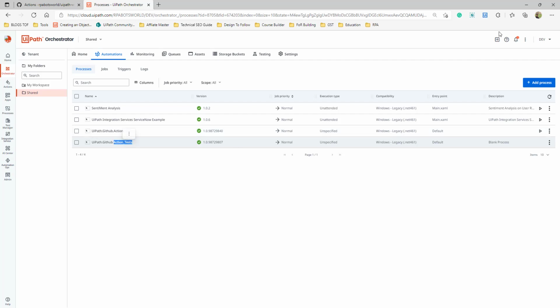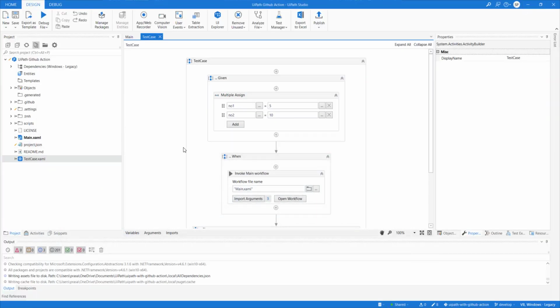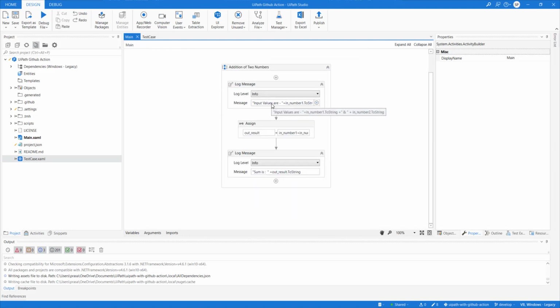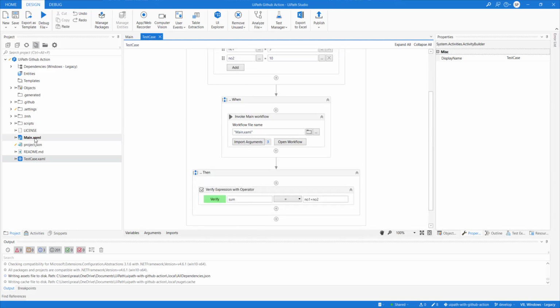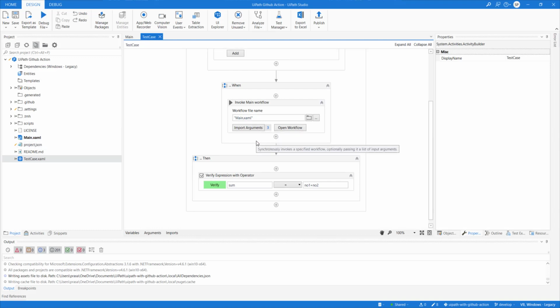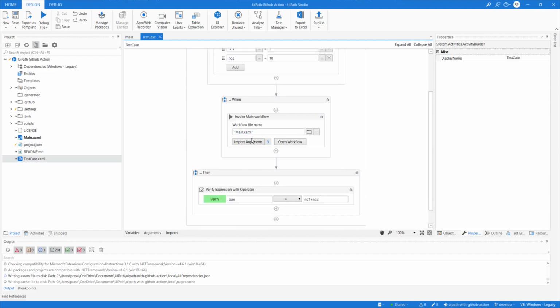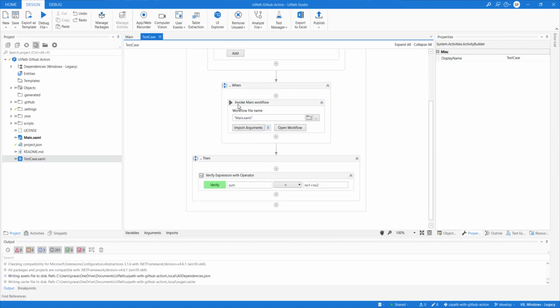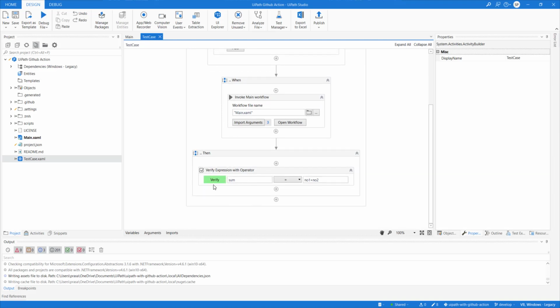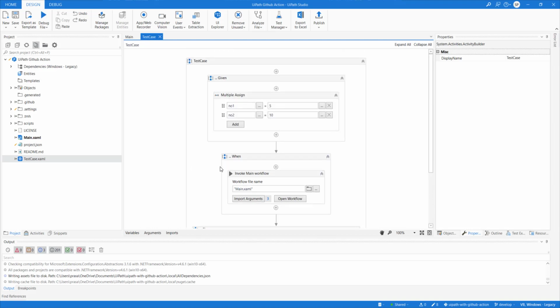And this is the test case that we are going to run. These are pretty simple. I don't need to explain much here because all I am doing is a simple workflow which contains two input numbers, addition of those, and printing out the result. In the test case, given two numbers, I'm using the main workflow which is here, providing those arguments, and if the result coming from inside the main workflow is equal to the addition of these two numbers, that means this workflow is working perfectly and we can say that the test gets completed. So this is what it is doing.